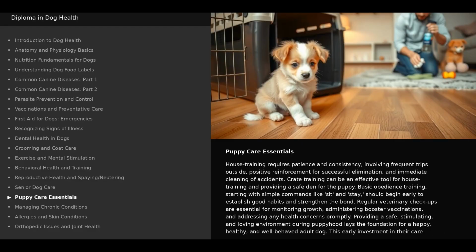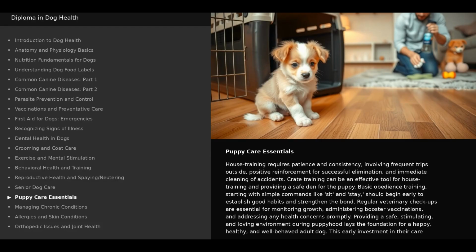House training requires patience and consistency, involving frequent trips outside, positive reinforcement for successful elimination, and immediate cleaning of accidents. Crate training can be an effective tool for house training and providing a safe den for the puppy. Basic obedience training, starting with simple commands like sit and stay, should begin early to establish good habits and strengthen